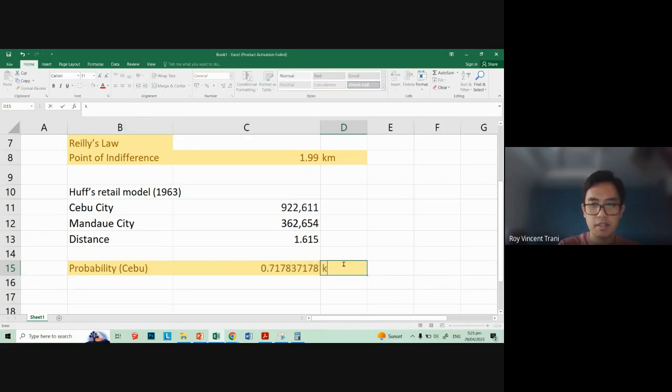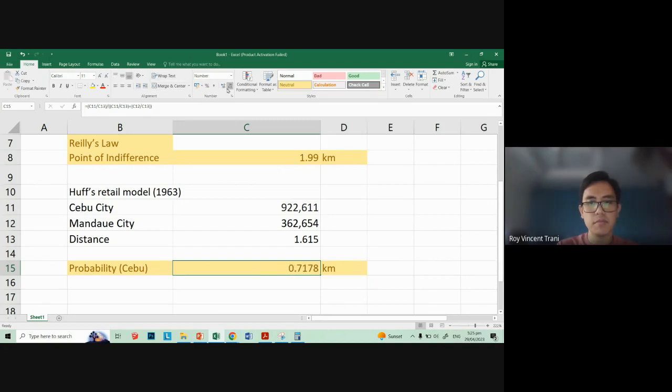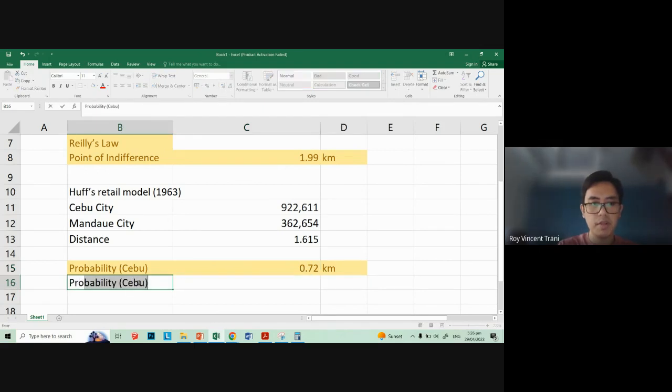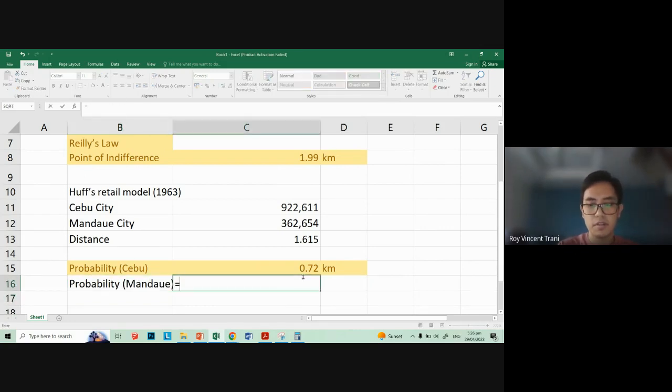So this states that, let me clean this up. This probability, Mandawi, right? Okay. Equals 1 minus